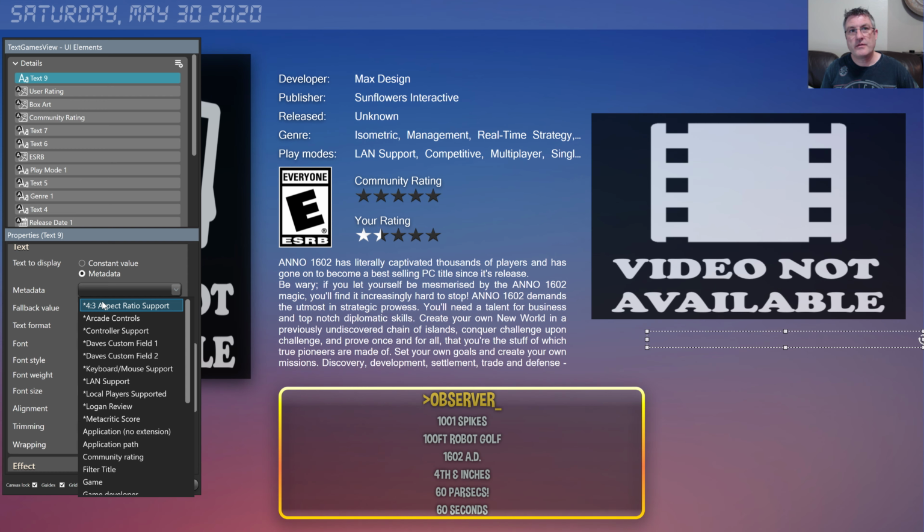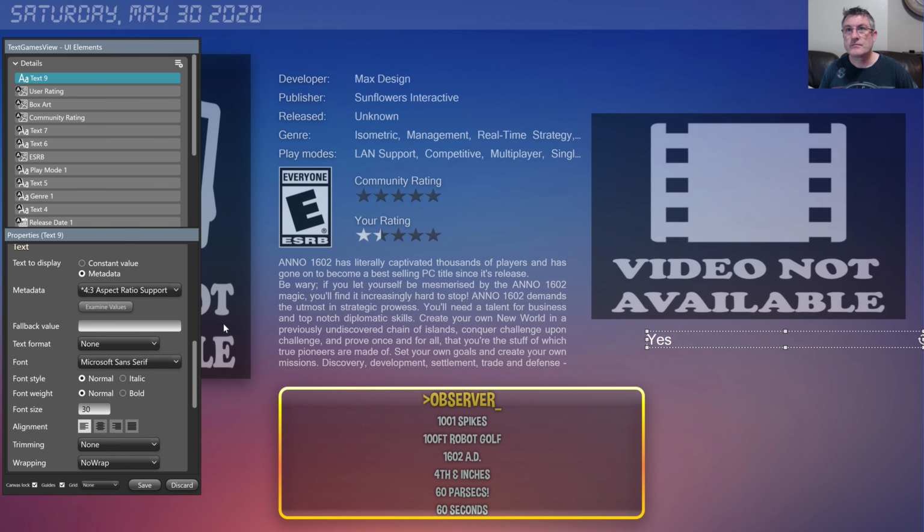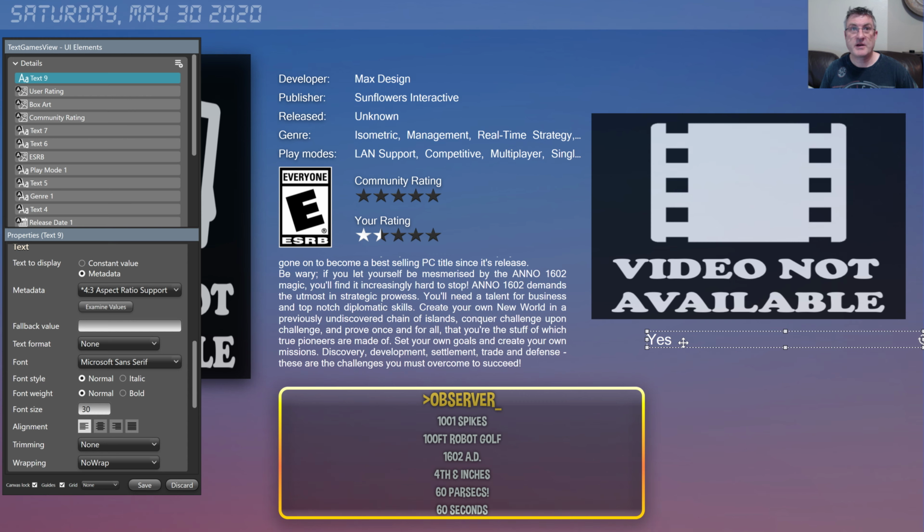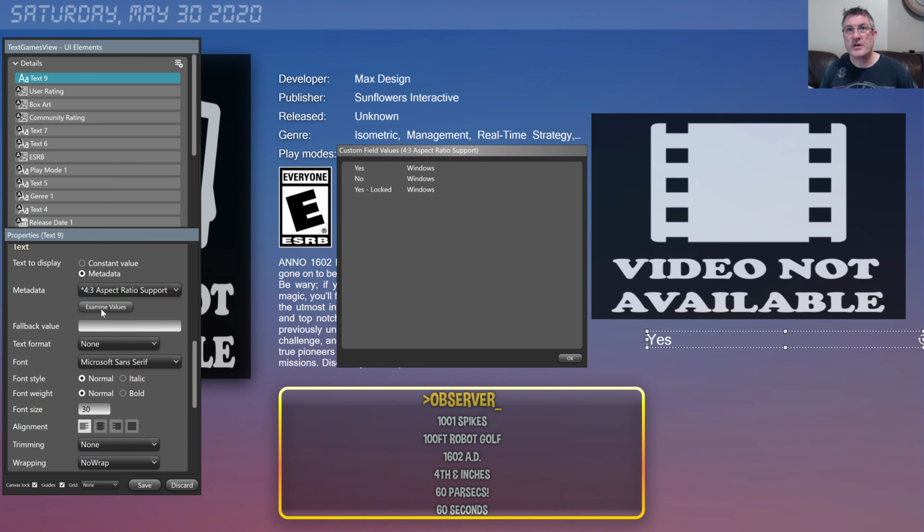Those indicate that these are custom fields. All right, so if I pick aspect ratio, for example, for this particular game, the value is yes, aspect ratio support. Now if I go ahead and click this examine values,